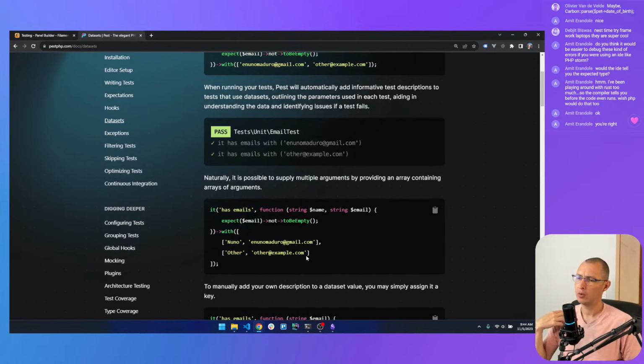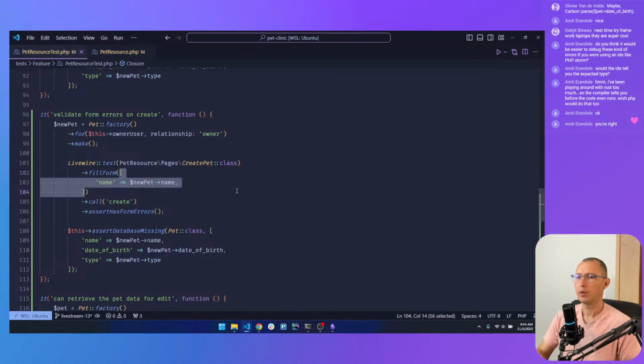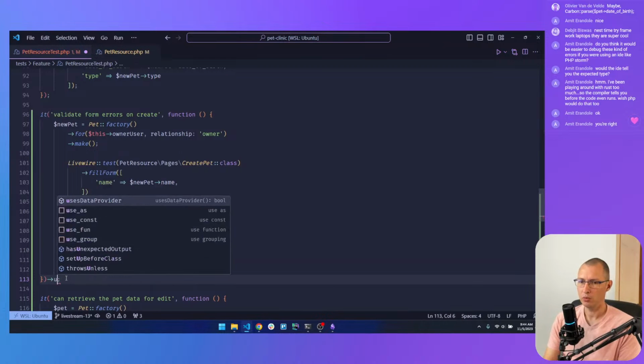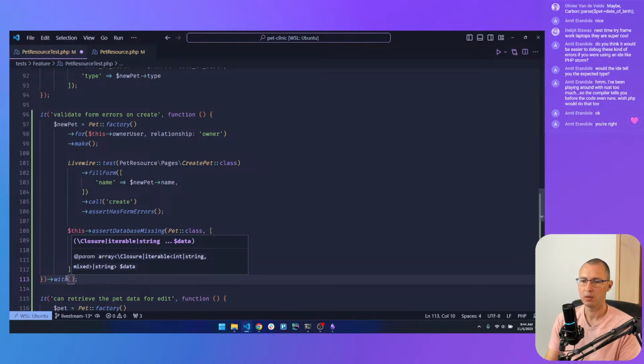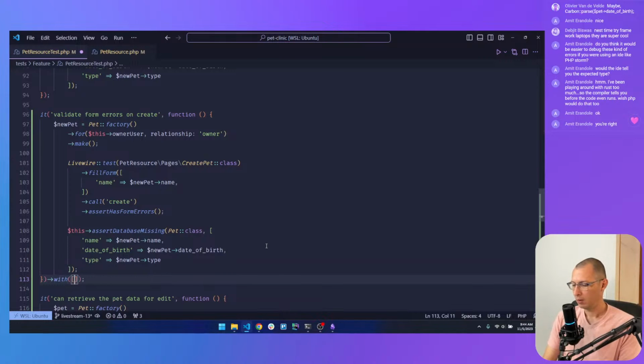Or we could use just arrays. Let me check. Because to fill in the form, all we need is just an array of values. So what if we, let's say we use with, and we can give labels to this. So let's say we use an array.